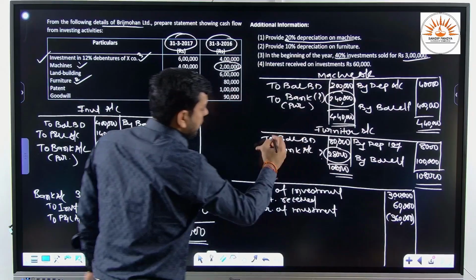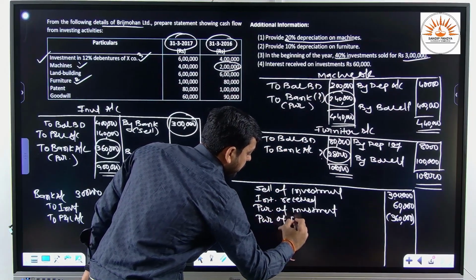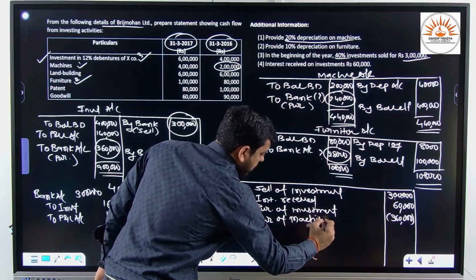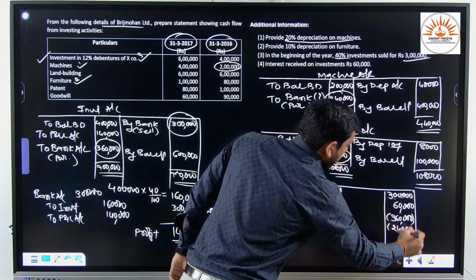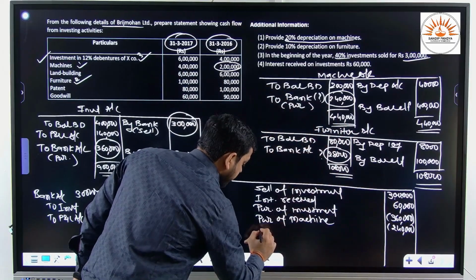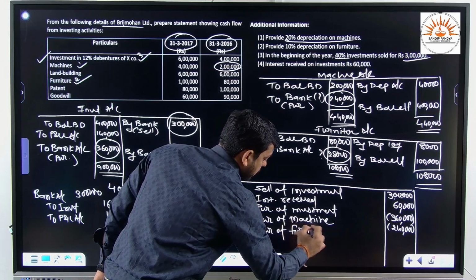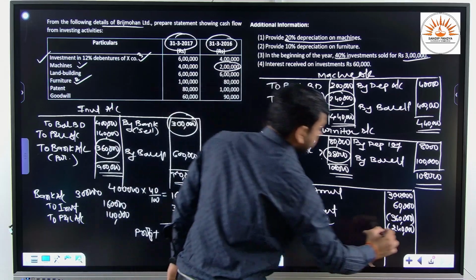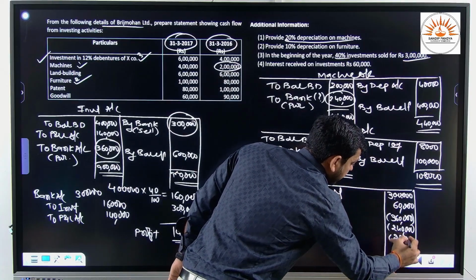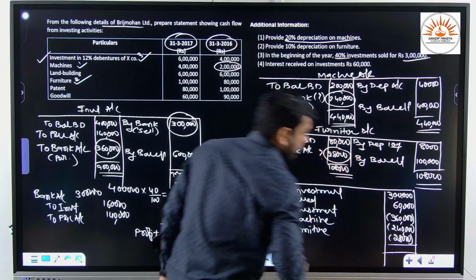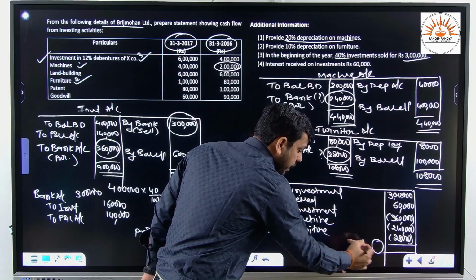The same way machine account, what we have purchased, so purchase of machine, that is rupees 2,40,000. Fine. And finally we shall write furniture, that is purchase of furniture, that is rupees 28,000. So by making the final total addition and subtraction, whatever value we received, if we have received the positive